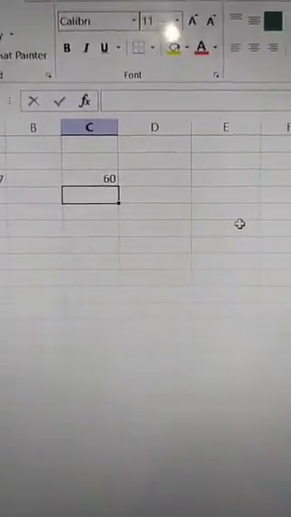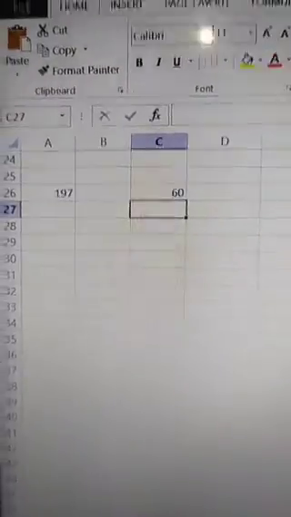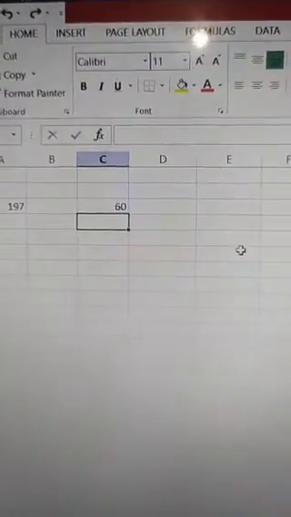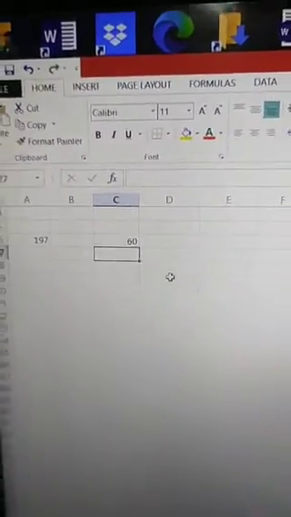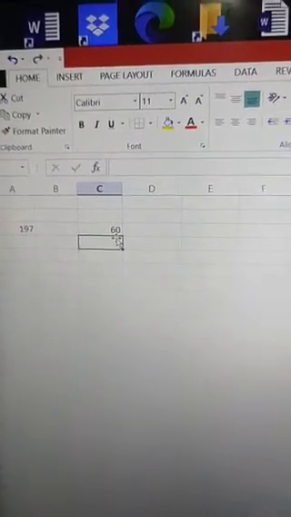When we press the enter button, it will display the result of that multiplication. Using this we can do mathematical operations like addition, subtraction, multiplication and division.